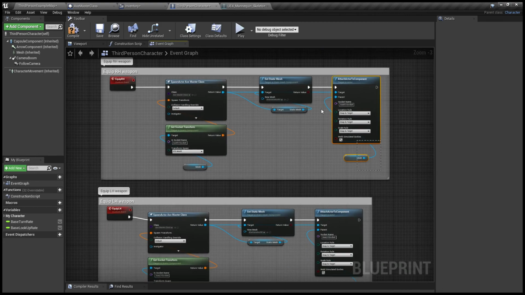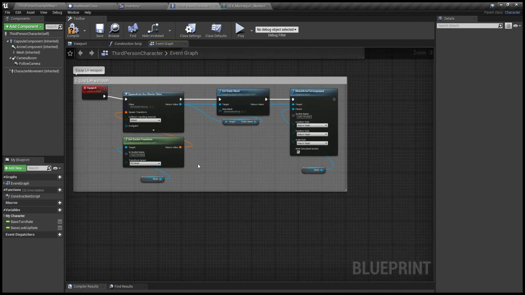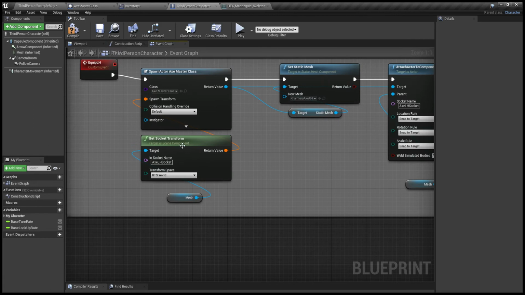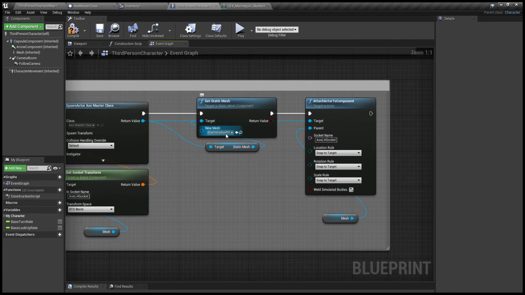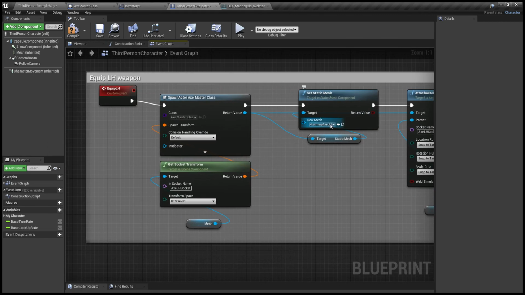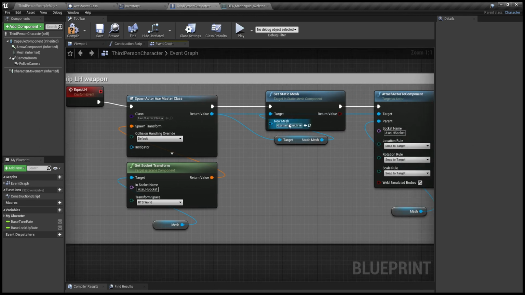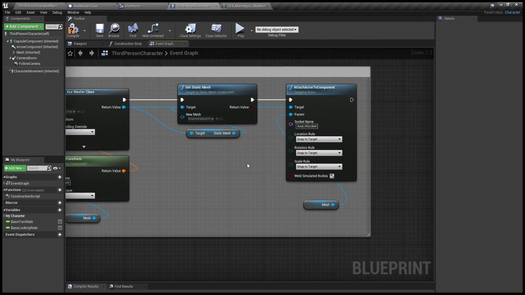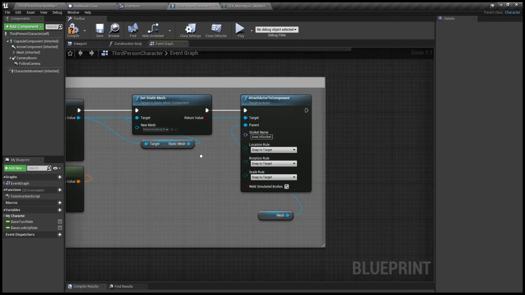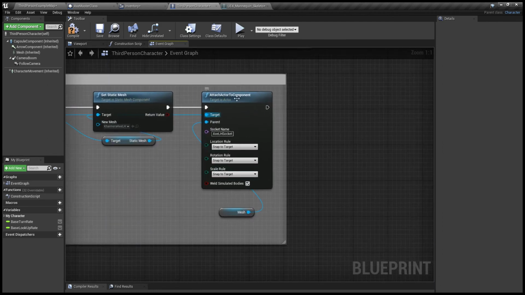Then you'll take all this, copy, paste it down here, and you'll change it to the new name, to the new mesh that you want if you're using a mesh. I didn't do that for this one. See, look, finding mistakes. Otherwise, you just find the actor you're looking for and attach it to the component, and you just get the correct